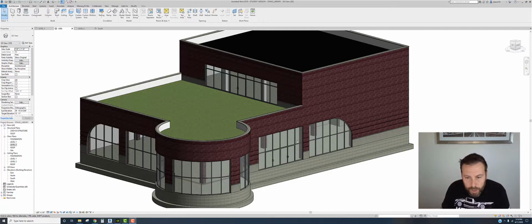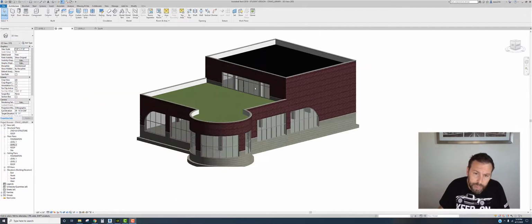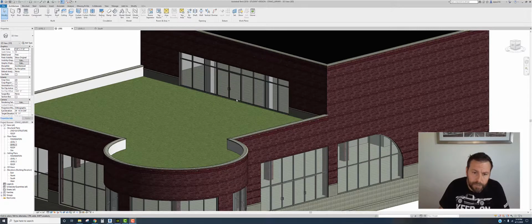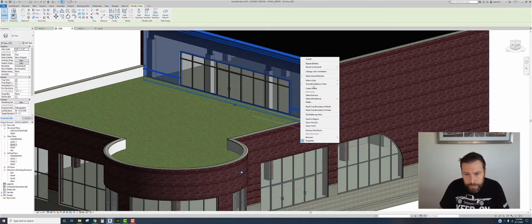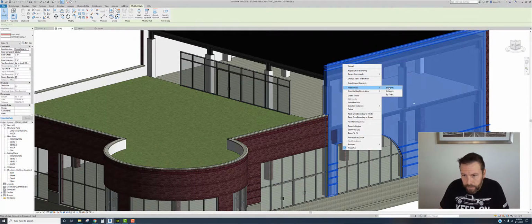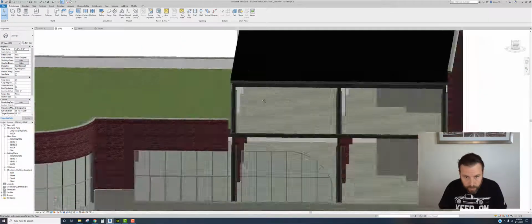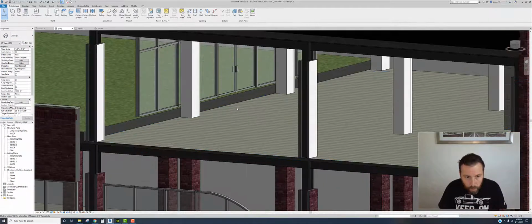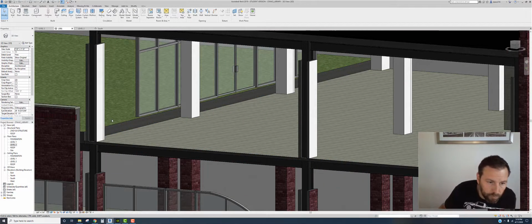Last time we had met up, we had done all of this curtain wall, or most of this curtain wall. We added the doors and we added the curtain wall up on top. One of the issues that we did see when we added the curtain wall on top is that we had to offset it from the second floor. So if we hide in view some of these elements, we can see why we had to do that. And let's move over. Right, because the second floor is actually a different height than